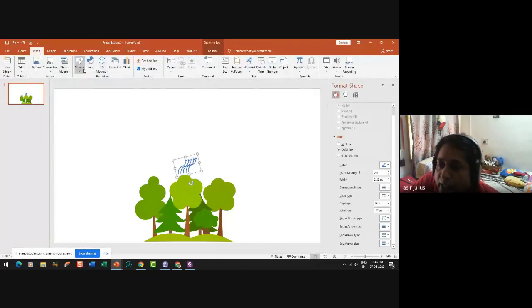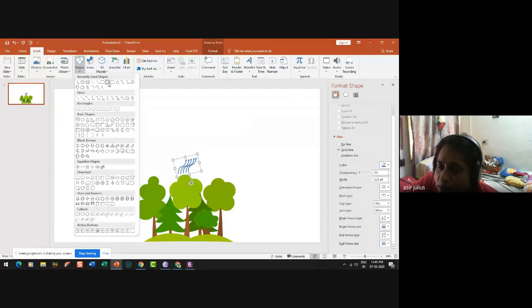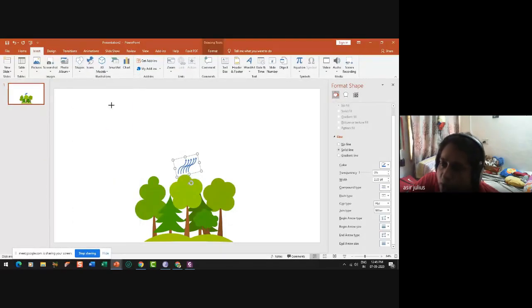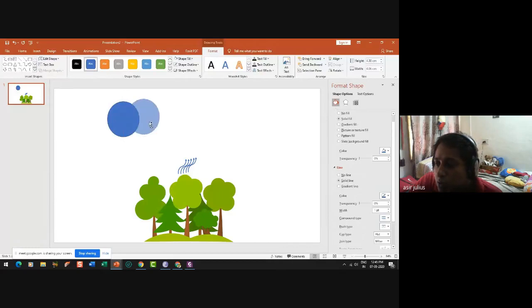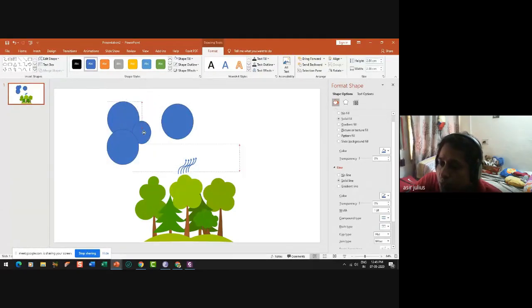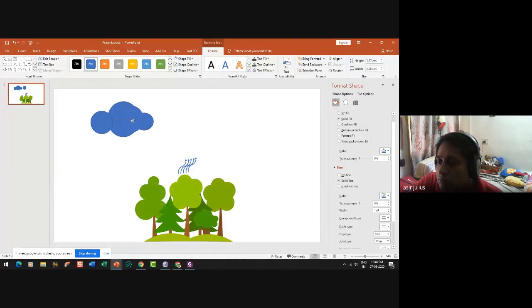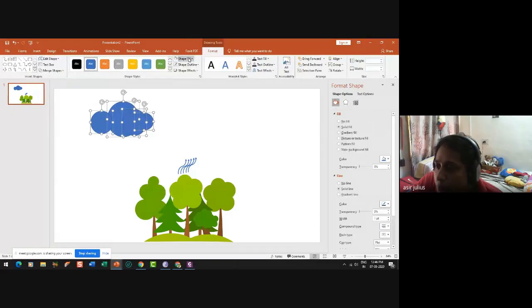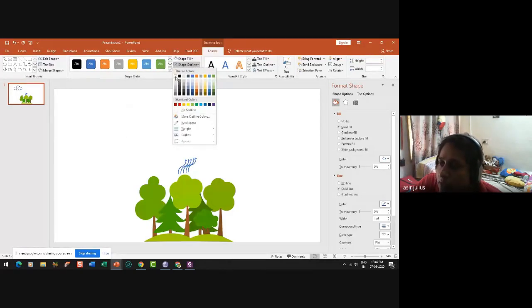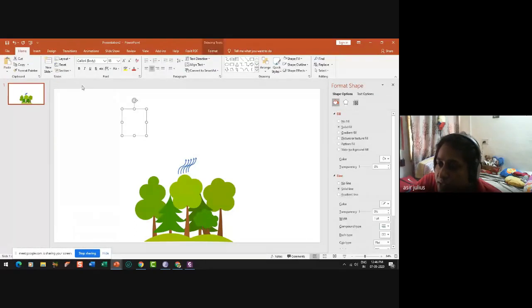Someone has asked how to make clouds move. I'm again going there, making clouds on my own. For clouds, I'm selecting it round. Round, round, round, round, round. 4 rounds I have. Reducing some rounds. Yes. Again selecting it, making it white, outline also white. Now the cloud is ready, but it is not visible.